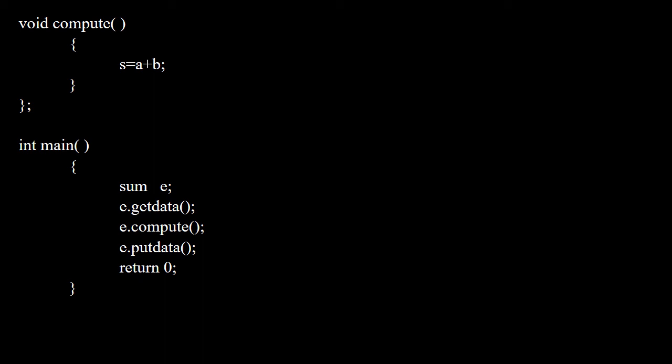So you write the statements E.getData, E.compute, E.putData. Then the last statement is return 0, because your main function returns an integer value. Then close your main. This is the simple program of defining and declaring a class.